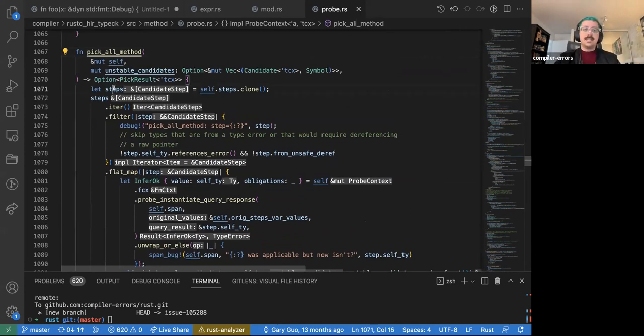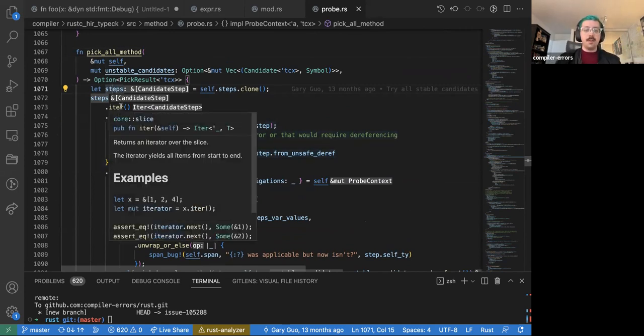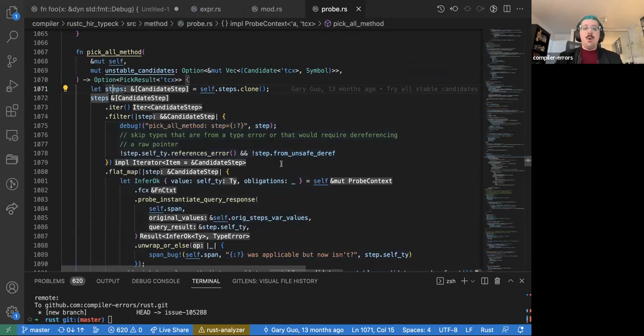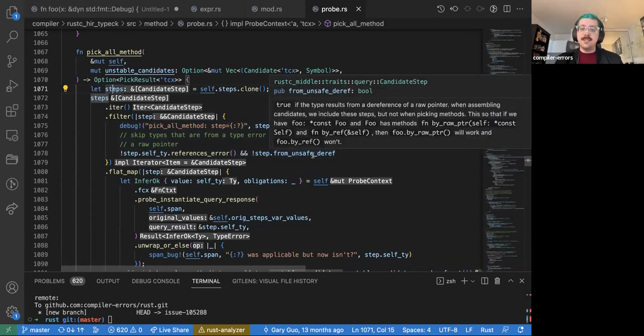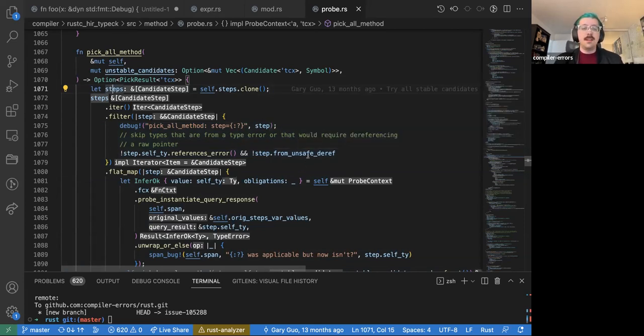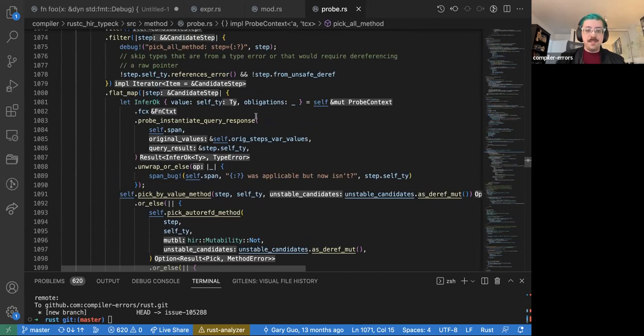So we take these steps, and recall that these steps are basically the auto-deref steps that we've assembled, this ladder of auto-deref steps, including this special unsize array to slice step. And we iterate over all these steps. We want to filter out the things that reference errors and the things that are unsafe derefs. Doesn't really matter why, because we don't usually care about that. And then we do a flat map over